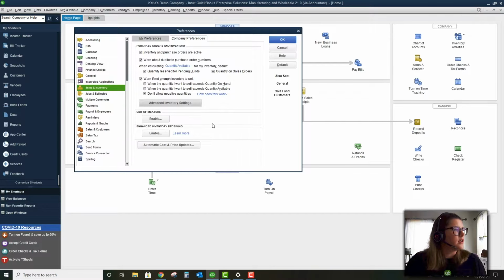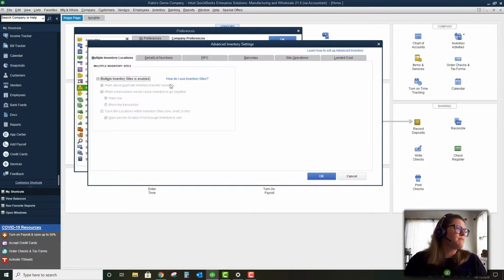And you know what? I got to talking and I totally forgot to let you know. We are going to go into our advanced inventory settings now. Advanced inventory has been growing and growing. And for my manufacturing clients, it's incredibly popular. That's probably the number one reason I have clients move to QuickBooks Enterprise, because of the inventory functionality that is